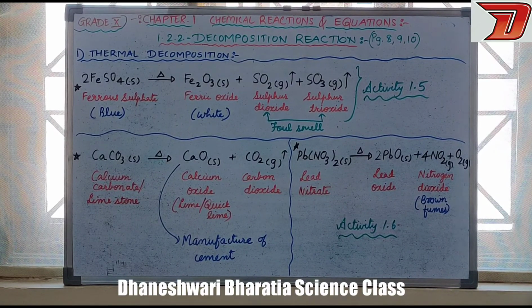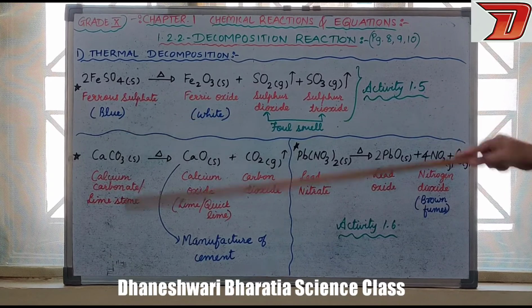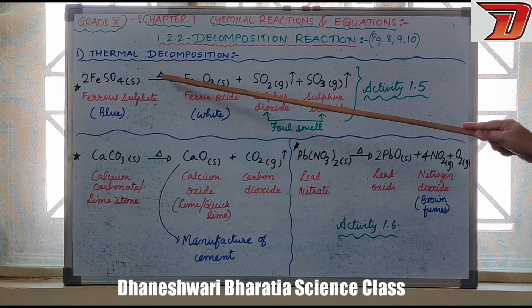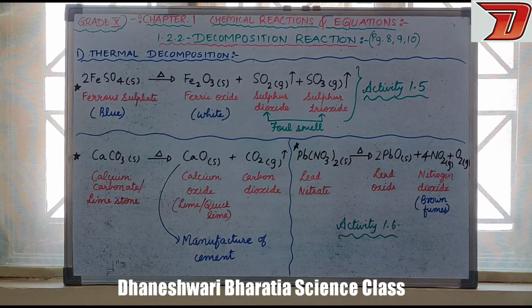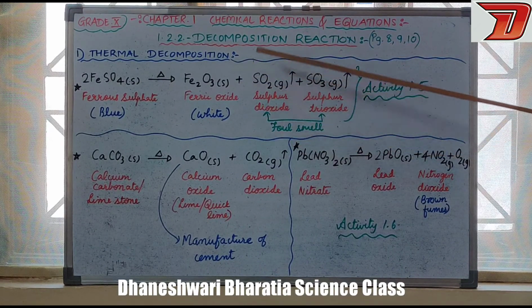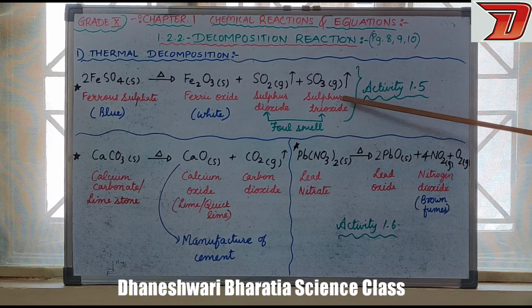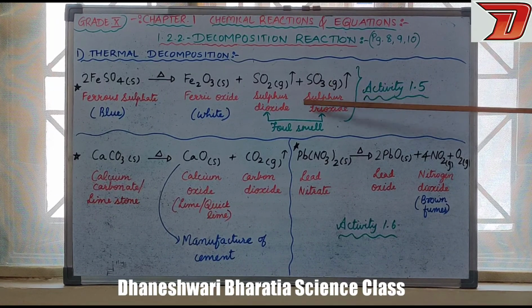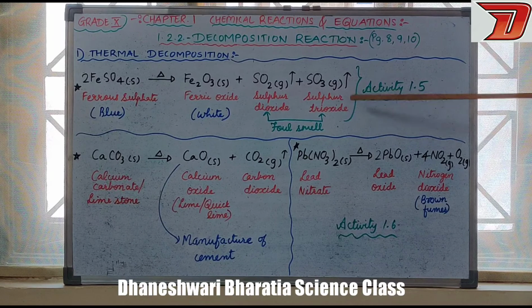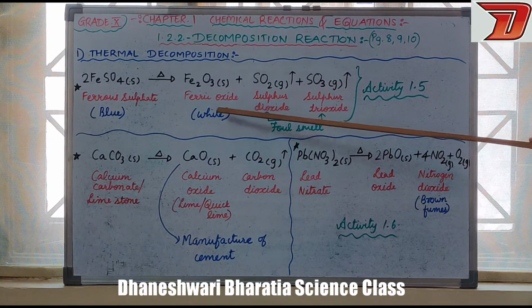Ferrous sulfate, the formula is FeSO4, right? And it is of blue color, right? So when external heat is provided to the crystals of ferrous sulfate taken in the test tube, what will happen? We will be able to notice some foul smell, that is, some gas will be released, and those gases are nothing but sulfur dioxide and sulfur trioxide. Fine, you can see the arrow is going up, that is evolution of gas, or I can say rising of gas. Fine, and the product will be ferric oxide.